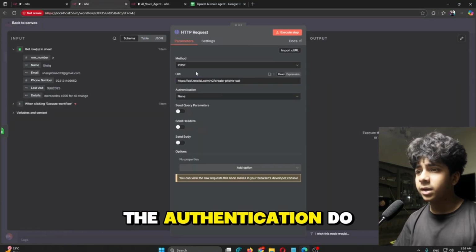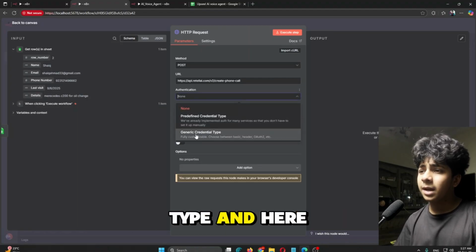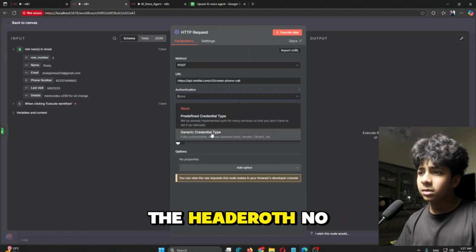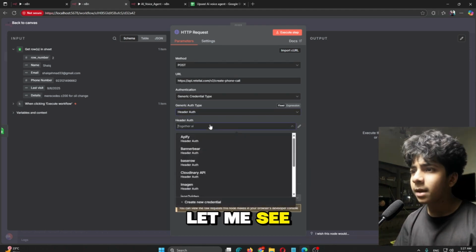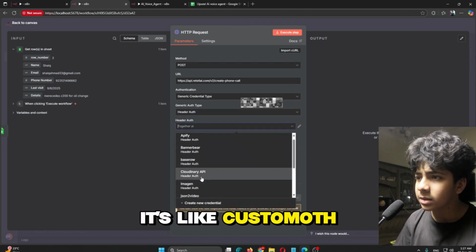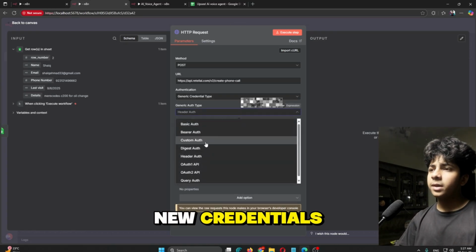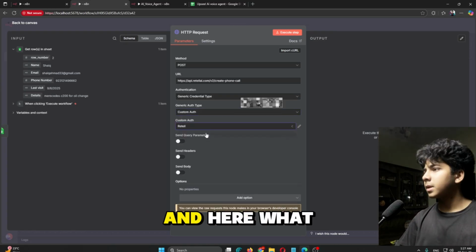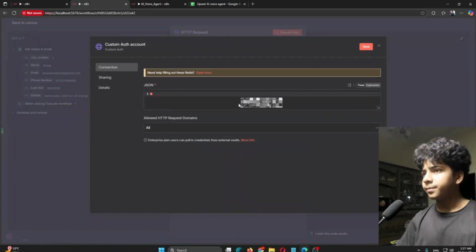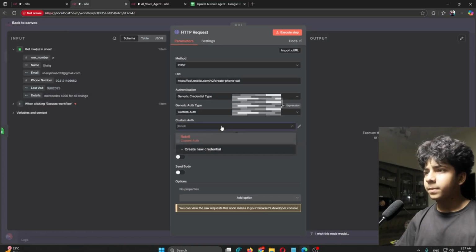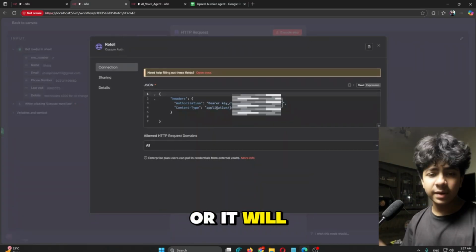Now for the authentication, choose the generic type, and here not the header auth, I think, wait, let me see. It's the custom auth. In the custom auth, create new credentials, and here I can show you. The JSON will be like header authorization, which will also be given.